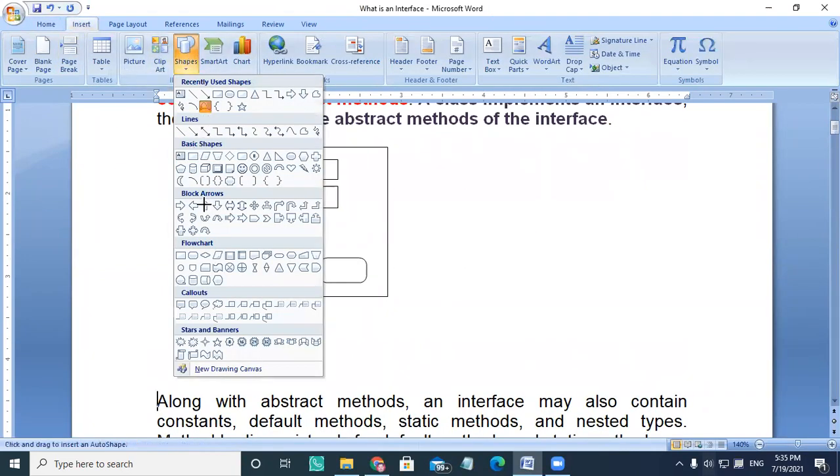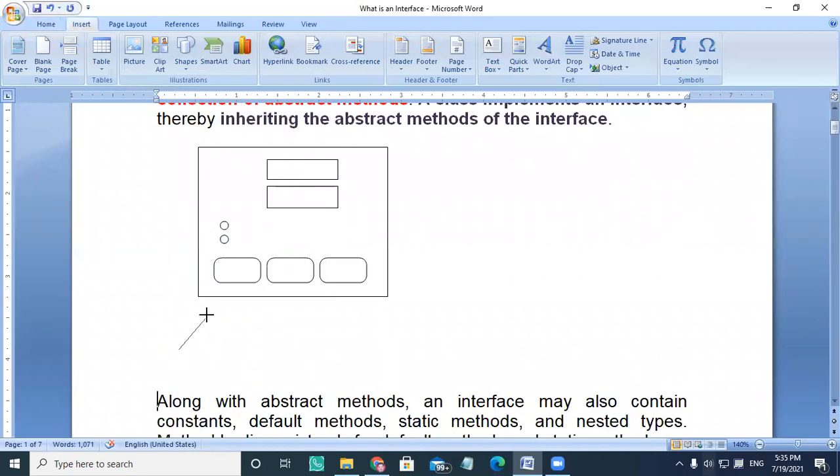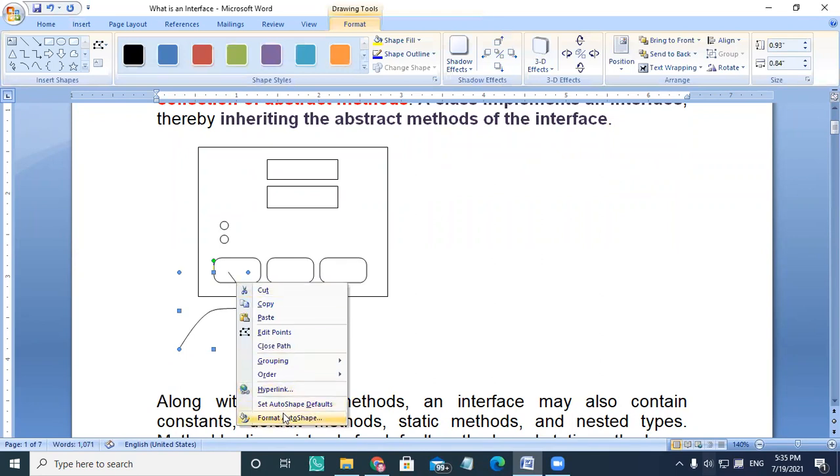So suppose this is my mouse, and that mouse is firing the events, and that is called a click event.